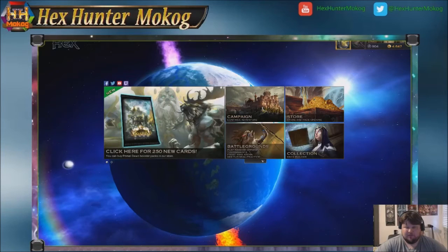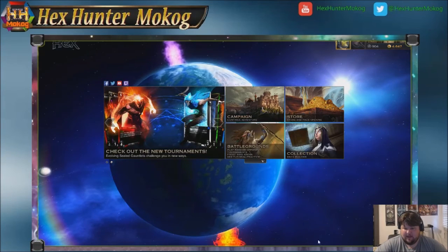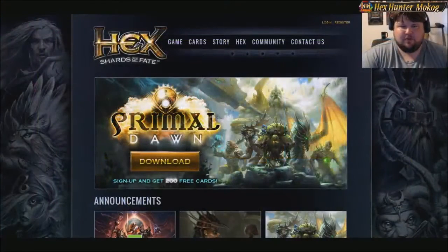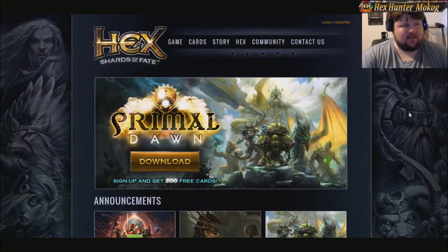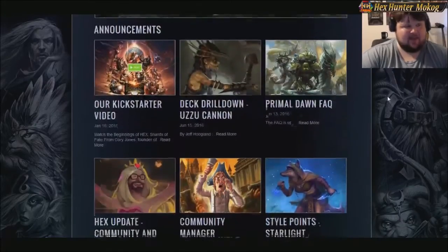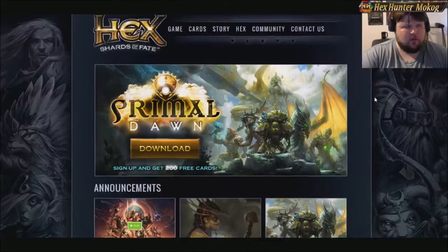So we're going to find ourselves heading out to the web here pretty quick as we make sure that we are in the right area and that we are not going to the wrong spots here. So one of the very first tools that you want to make use of in Hex is the actual community website itself. So this is www.hextcg.com. For our other folks, the Gameforge site is also fantastic, but it is a pretty good idea to just call this the mothership of Hex, where you're going to be getting your weekly updates, all of the cool stuff, and